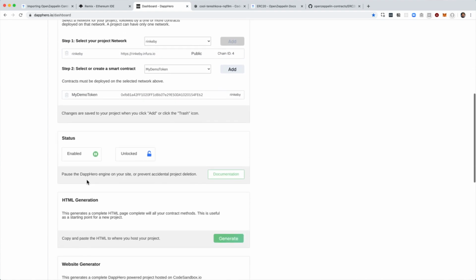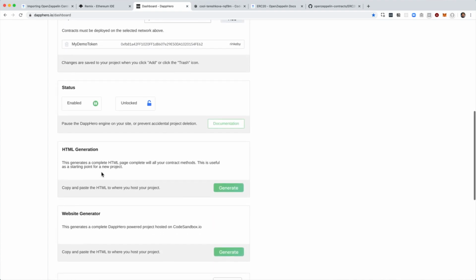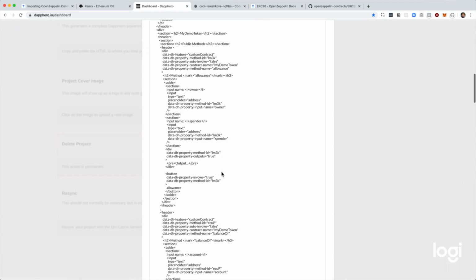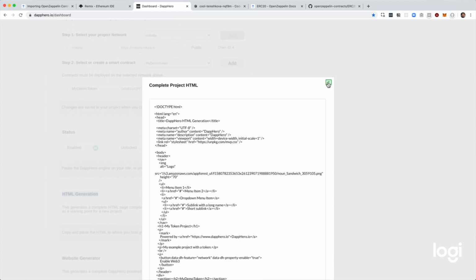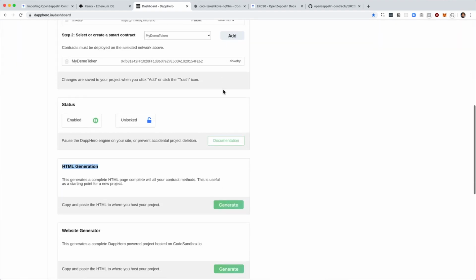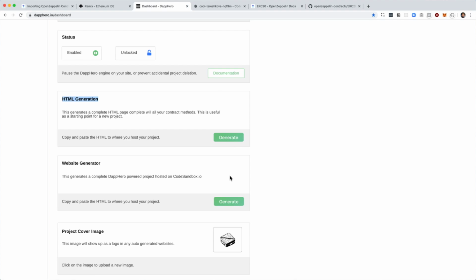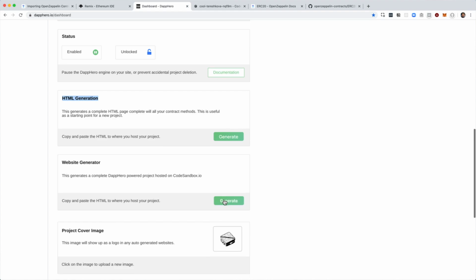Great. So now the process of actually getting started to build our front end is super, super simple, because one of the things that we can do for you is generate the HTML necessary to use in your project. You can click this button for generate, and that will give you a long HTML page that you can pop into whatever editor you're using to write HTML for your website, so you can get started like that. Or we'll generate you a website inside of Code Sandbox that's hosted so you can build your front end right online. So click generate,